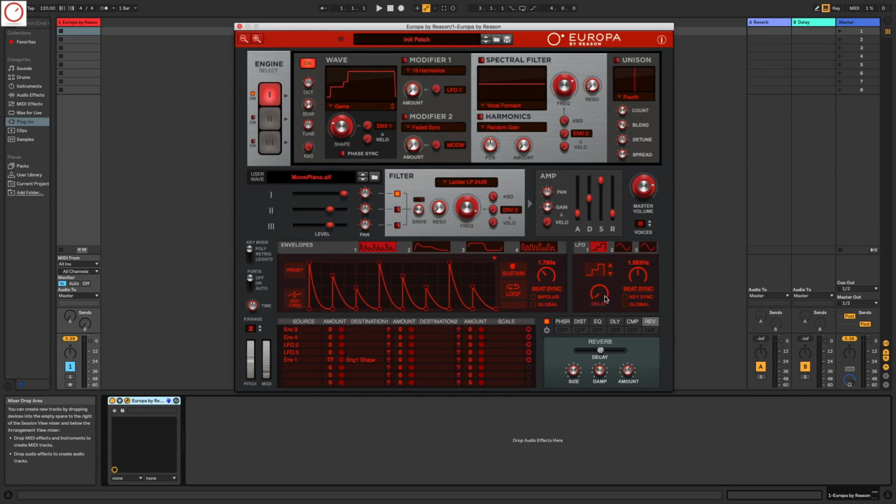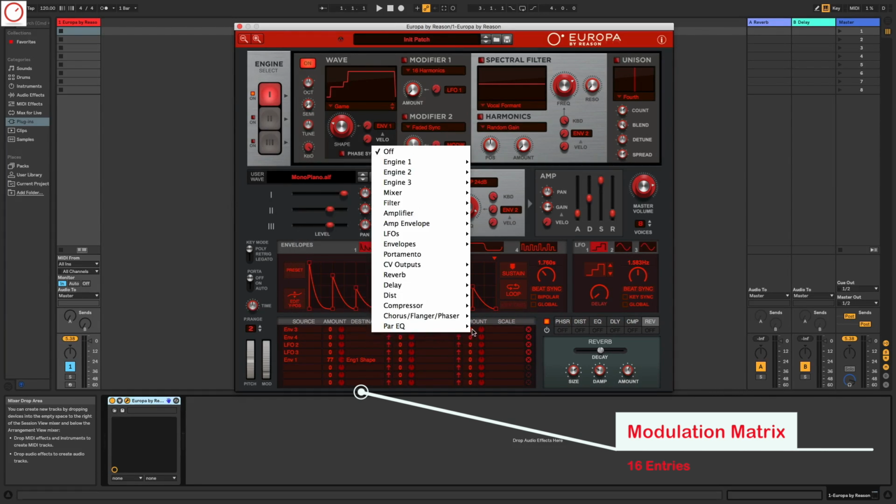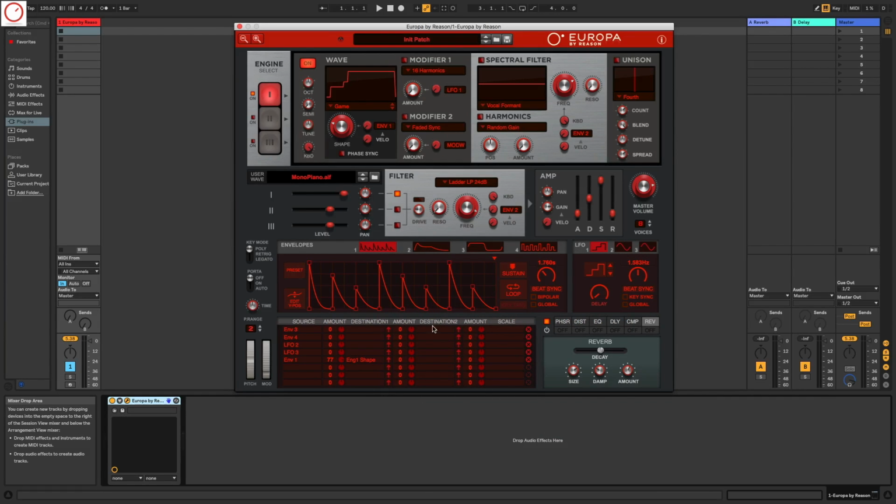You have also your delay function, also a beat sync with key sync and global. And for making all this happen with the modulation and LFO, you also have a modulation matrix, which makes it very easy to map the different parameters to the targets. You have here also a scale function, and so it makes it very easy for everyone, for beginners and